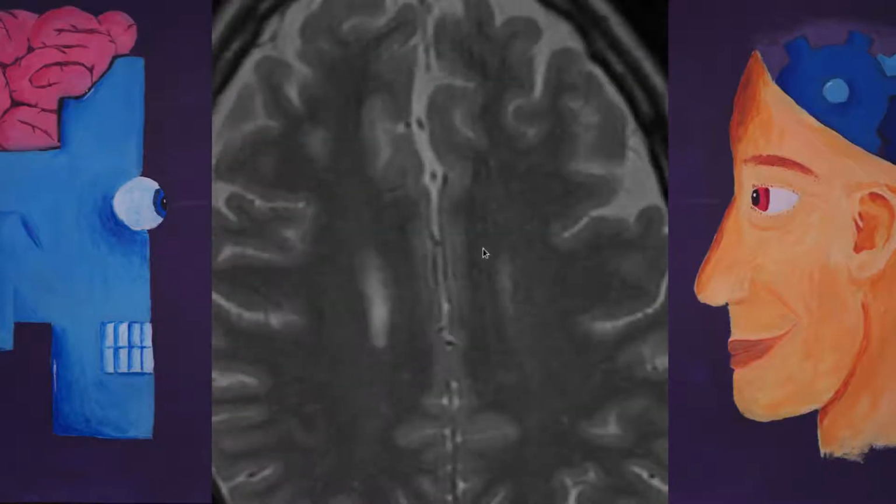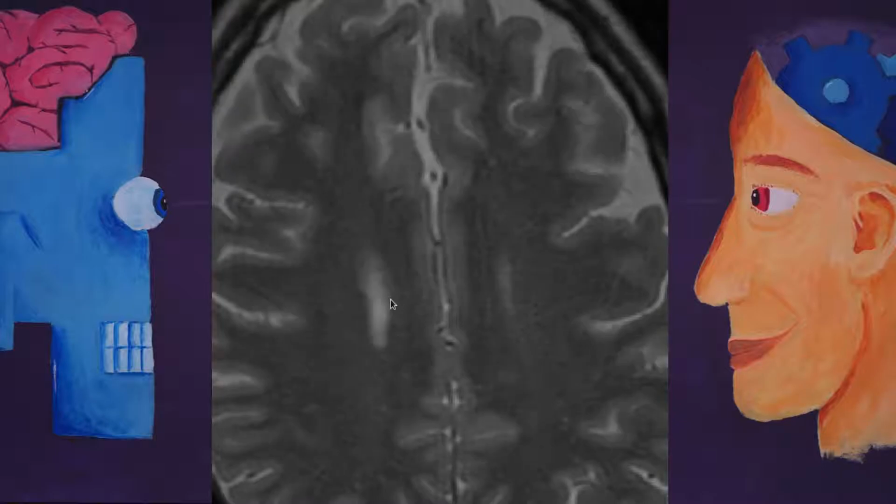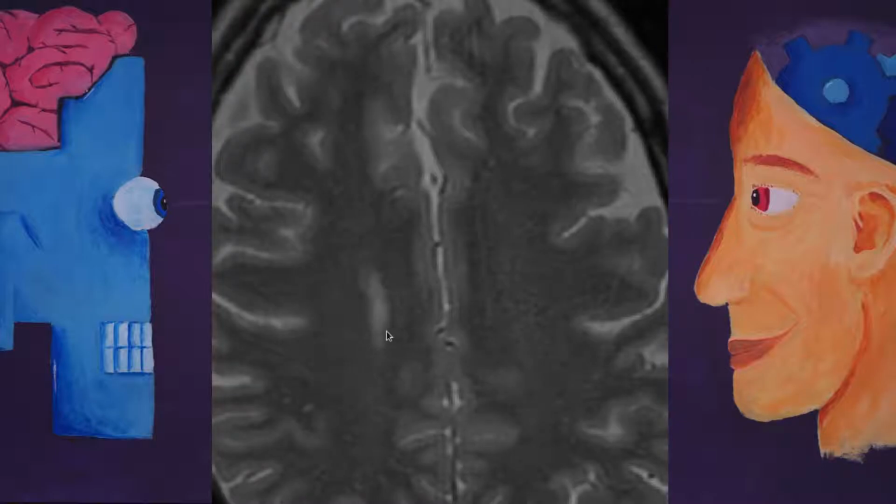Yeah, so now you see the ventricles, and the intensity of the ventricles is still the same, but now the intensity is lower. So this I would count, I wouldn't count it, okay.